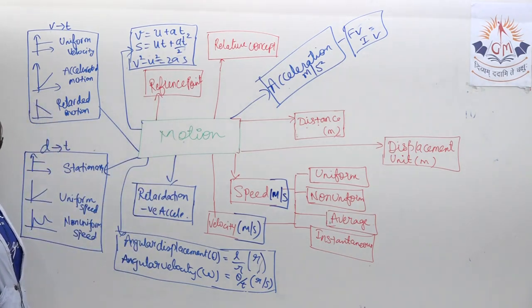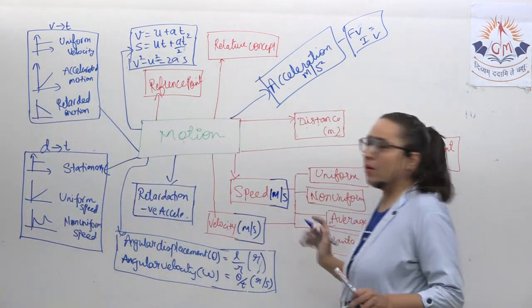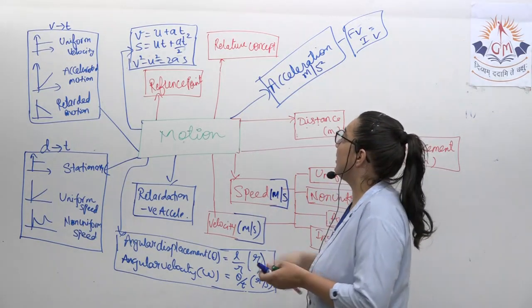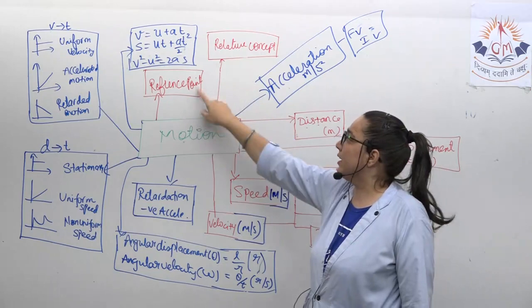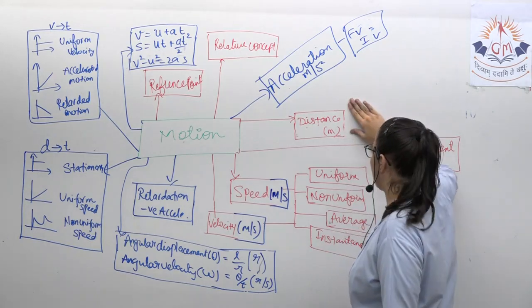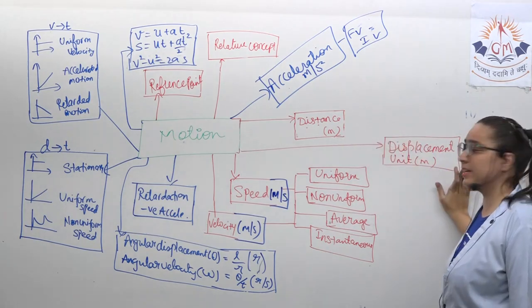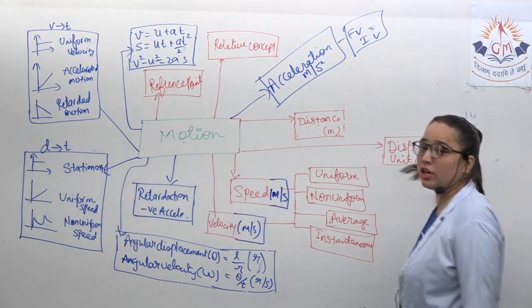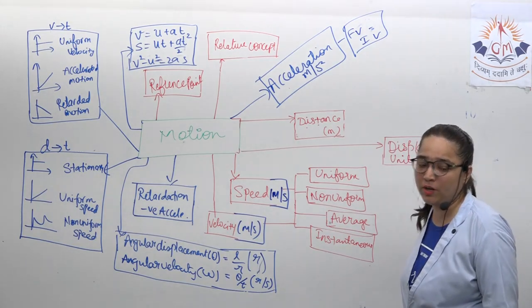Only this much is there in the lesson. Okay? A quick look at the whole memory map. What is motion? Whenever the object is moving, it depends on the particular person, the observer, and so it is a relative concept. Then we talk about the reference point, generally taken as the origin. Then distance: the path length traveled by the object is called distance. Then displacement. The unit of distance as well as displacement is the same. Displacement is the shortest distance between two points, or you can say the change in position of the object, that is final position minus initial position of the object.